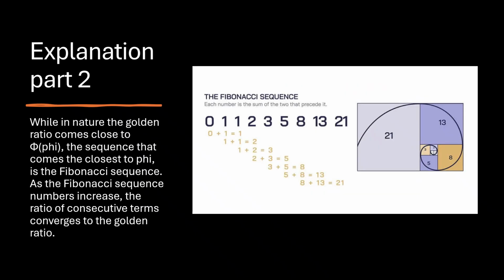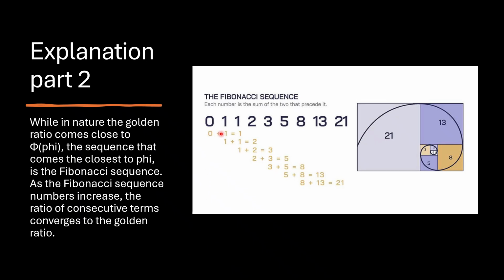Explanation part 2. While in nature the golden ratio comes close to phi, the sequence that comes the closest to phi is the Fibonacci sequence. As the Fibonacci sequence increases, the ratio of consecutive terms converges to the golden ratio. As you can see here, in the picture here,